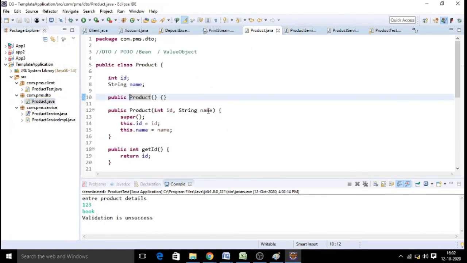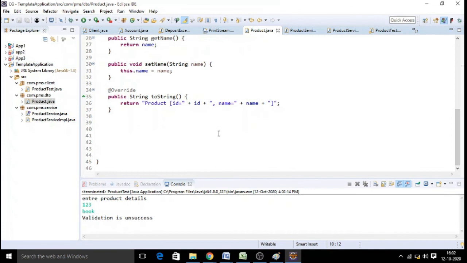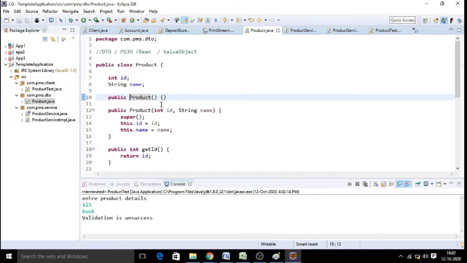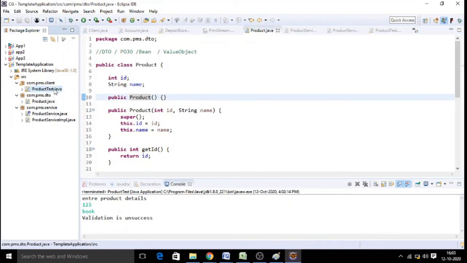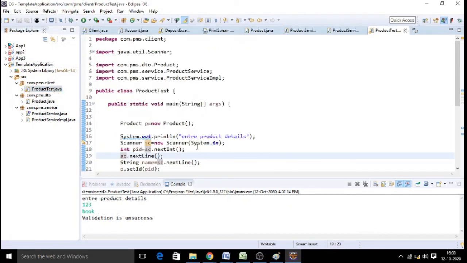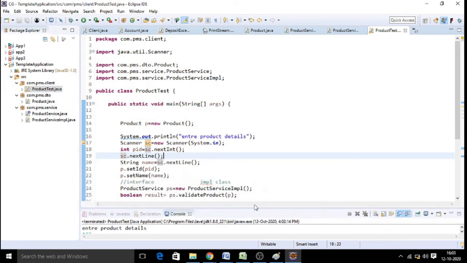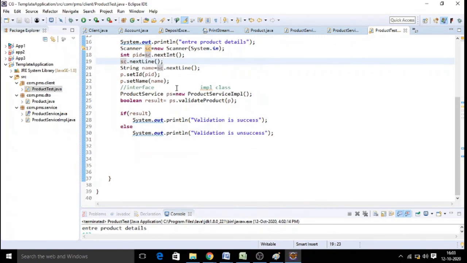And here is a product class which is called a data transfer object. So this is the object we will be using further in further layers also. How do we use it? We will be looking into that in future sessions. That is the reason it is called a data transfer object. Data can be transferred from one layer to another layer because of this object. So it is called a DTO. Next, the purpose of this product test class is for testing, meaning for running, for execution, to take the input from the user, call